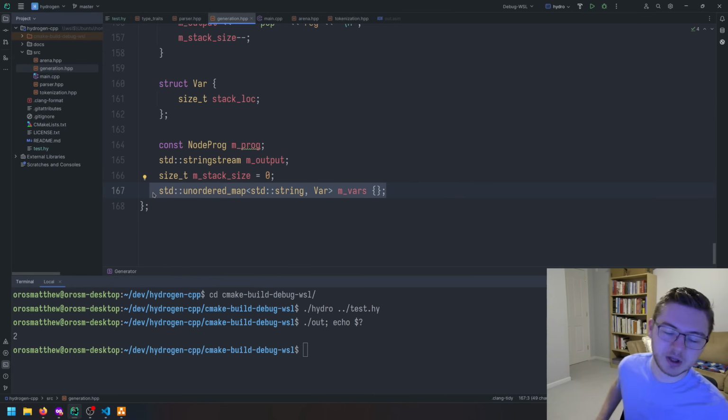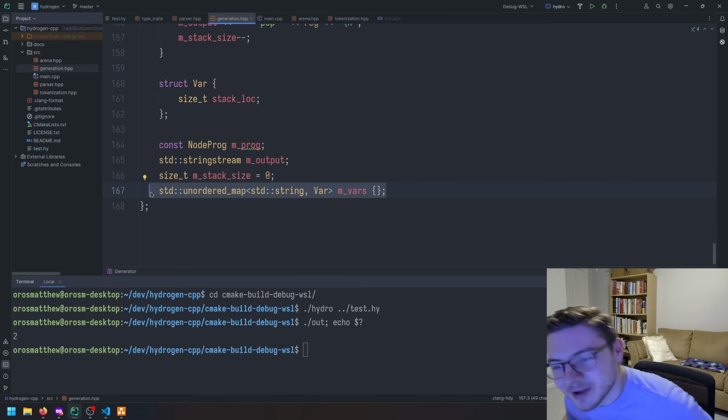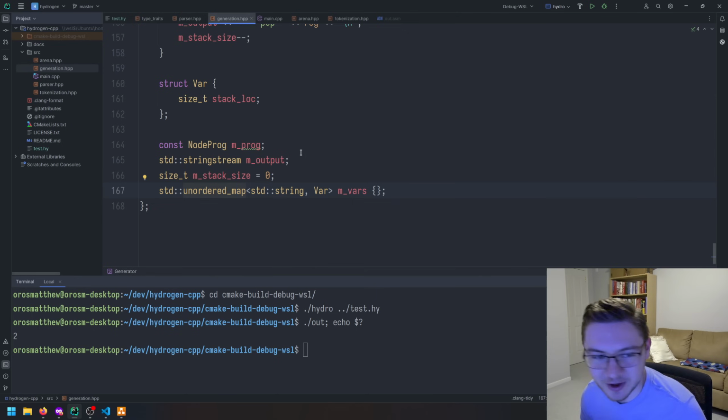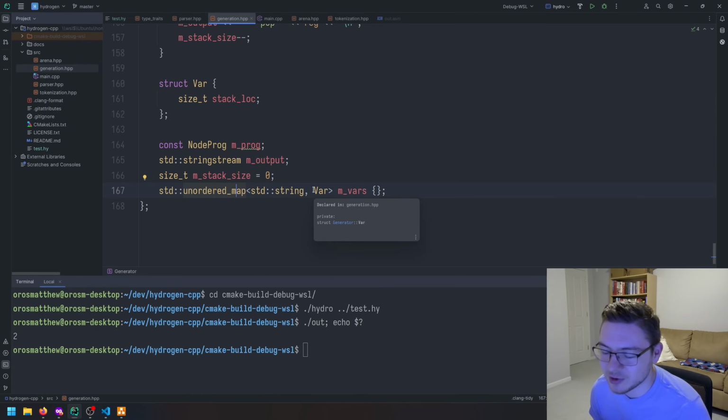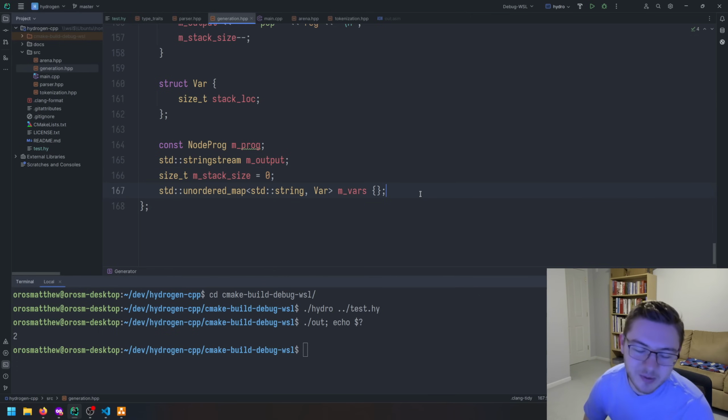That's an issue. I forgot that we have an unordered map here. If we had a vector, we could just keep track of the index of when the stack opens, and then we can do it that way. But this isn't going to work unless we, I think what we need is some kind of